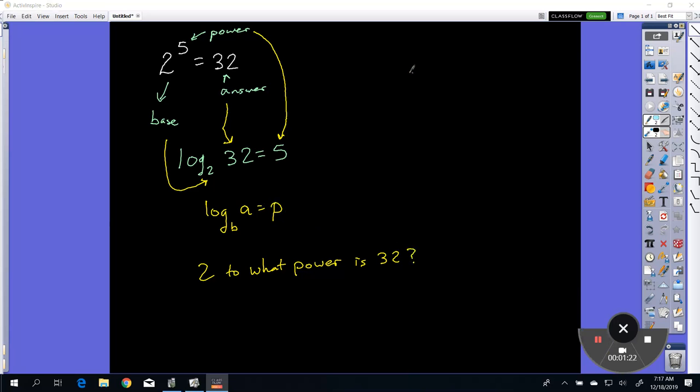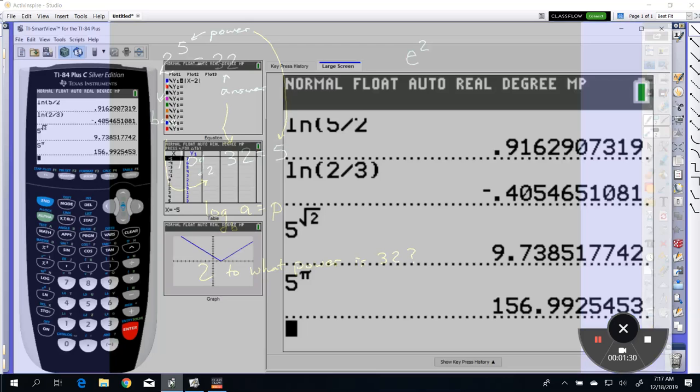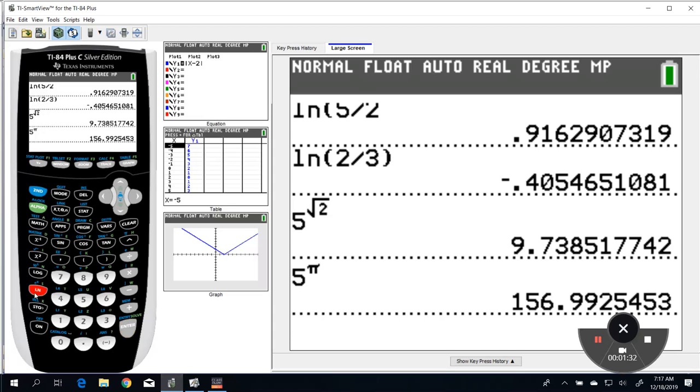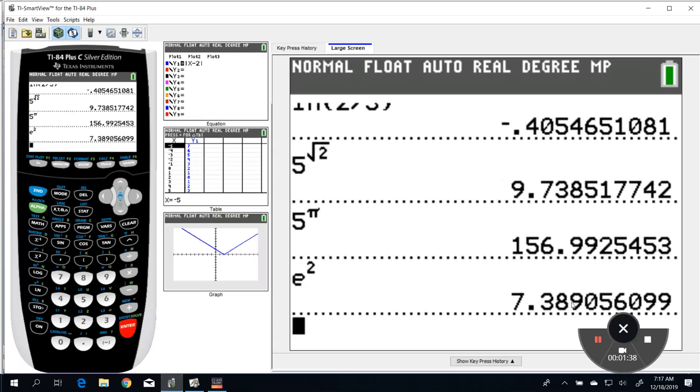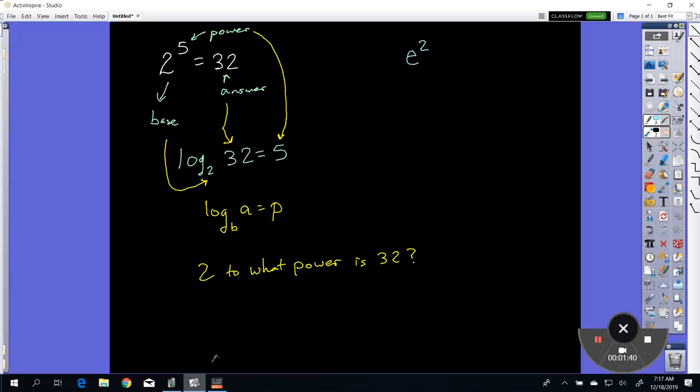And then we have another special case when we have like e to the second. Remember, e is a number. So if I were to go to my calculator and I'd go second ln, that pulls up the e. And e squared is 7.389. So if I had e squared equals 7.389,